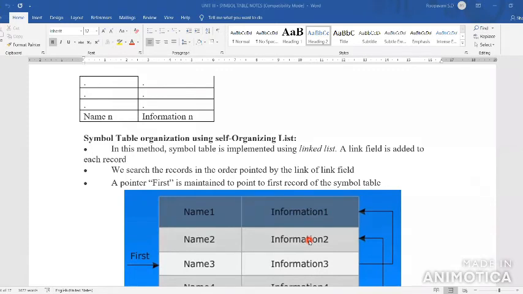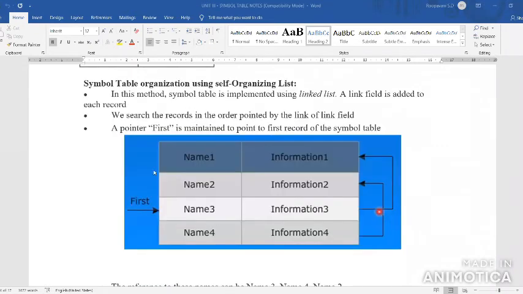A link field is added to each record. Then each of the data is linked, with a link field added to each record in linked list format.